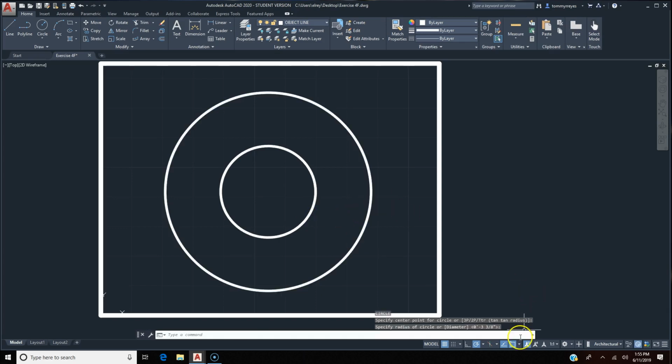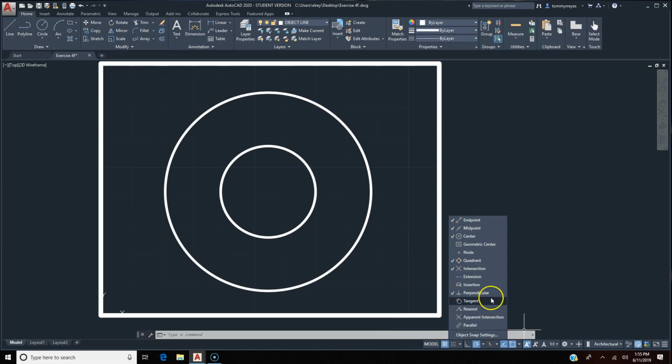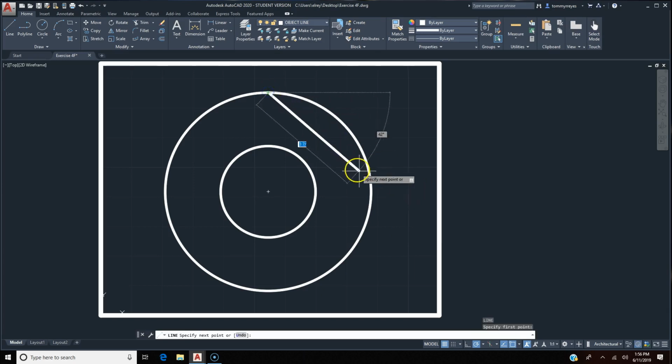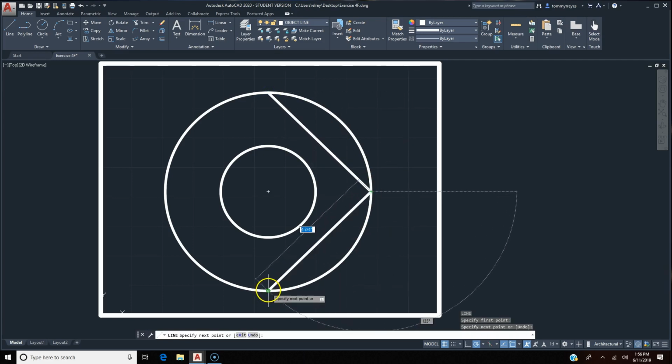All right. Now it wants you to use your quadrant object snap. So to double check to see if my quadrant object snap is on, I'm going to click right here and make sure this is checked off. It is. And I'm going to go ahead and draw a line from here to here and here. I'm also going to draw a line here